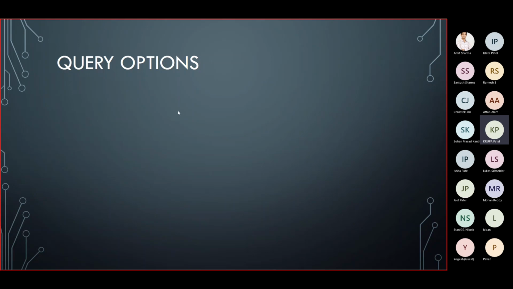So let's go through the query options in D365 FNO. The first one is filter. You can use filter expressions in an OData request to filter and return only those results that match the expression specified. You do this by adding the $filter system query option to the end of the OData request. Then next is $count. It returns the number of records in a collection, or if the collection has a filter, the number of records matching the filter.